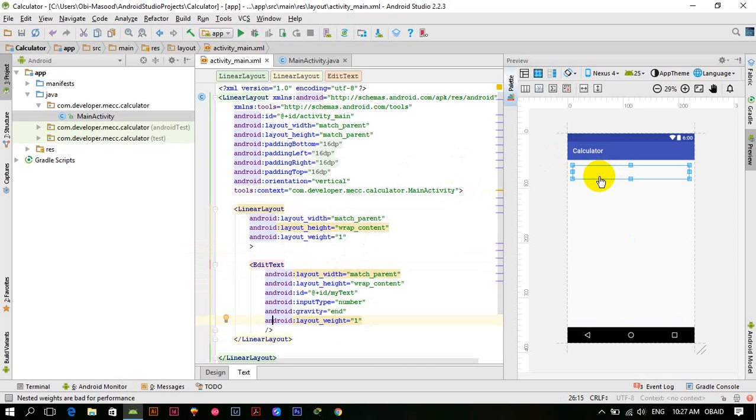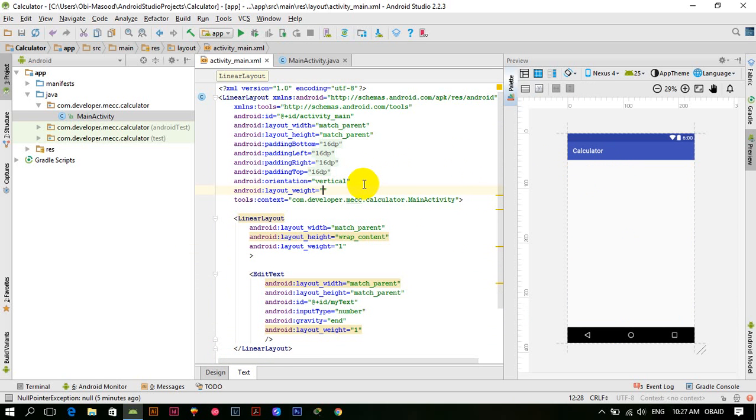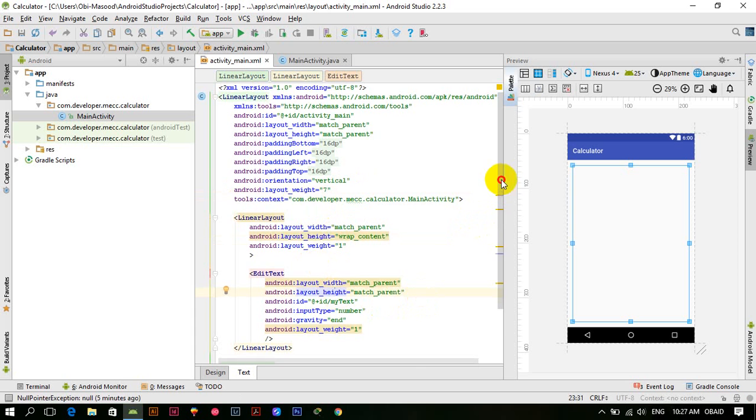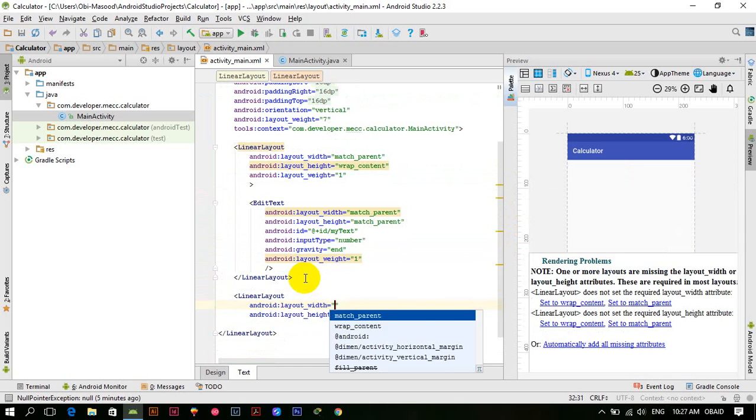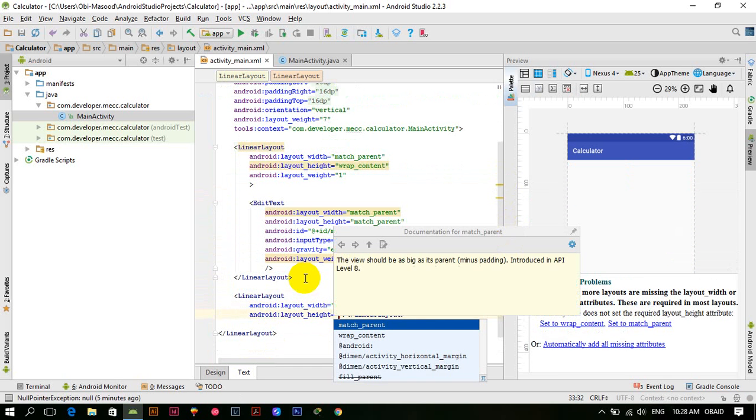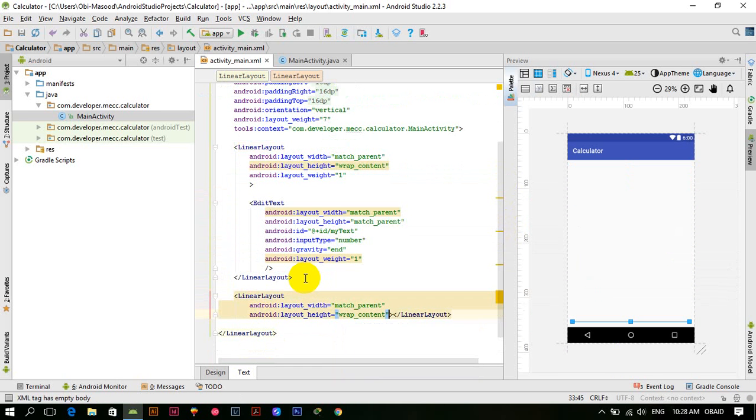Now it's taking its width, and match parent, and just give it a weight of 7. Okay, it will get fine as we add more components here. So we have the edit text now, and let me add another linear layout, match parent and wrap content, and weight of 1,